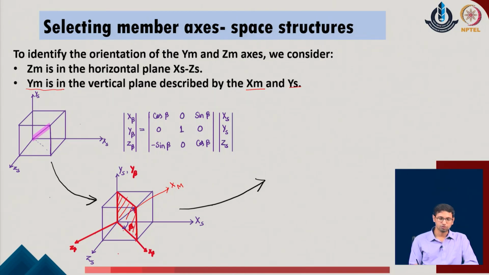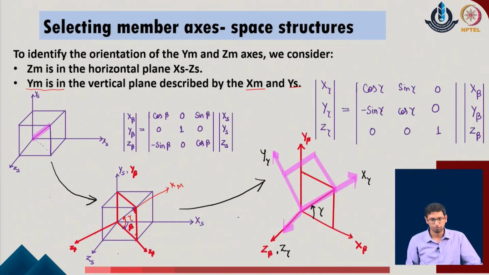That can happen if I rotate it, so it is like saying that you put a sheet and you rotate it in such a manner that the x of beta goes into alignment with, so from here it rotates by some value, say gamma, and it reaches and aligns with the direction of the x of m in the given system. So, if we try to show it, it is something like this, that x of m axis which was defined along the given member direction, I can call it x of m as well. So, this given x of beta is rotated by some angle gamma in the system. So, everything is happening in this plane only.